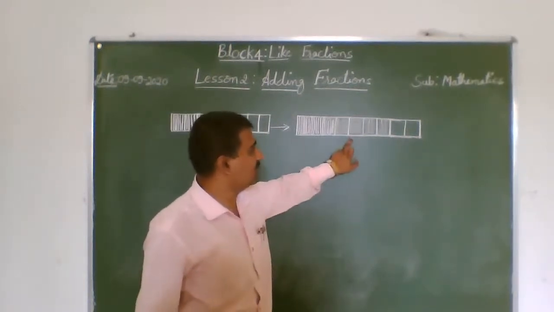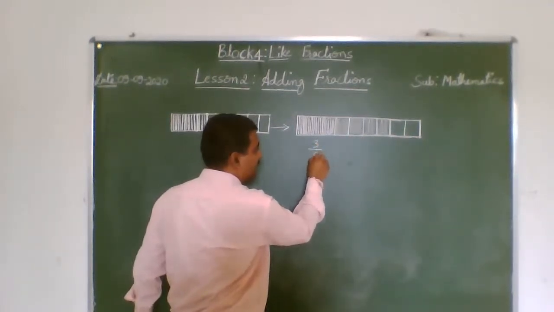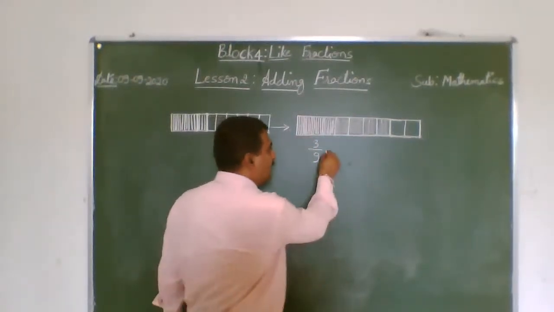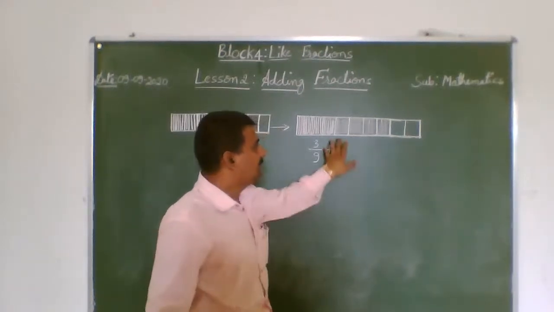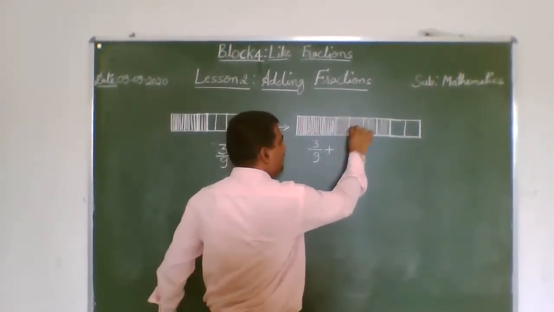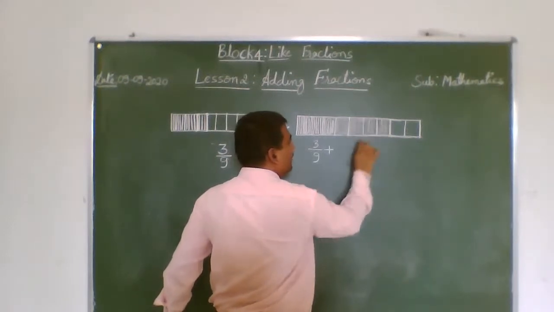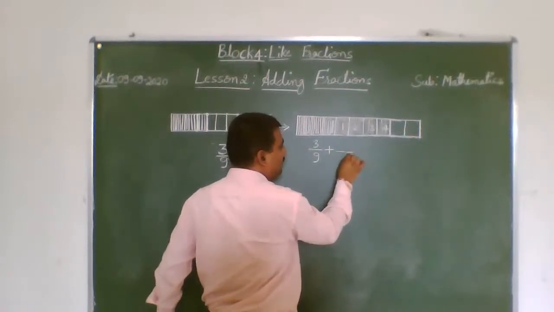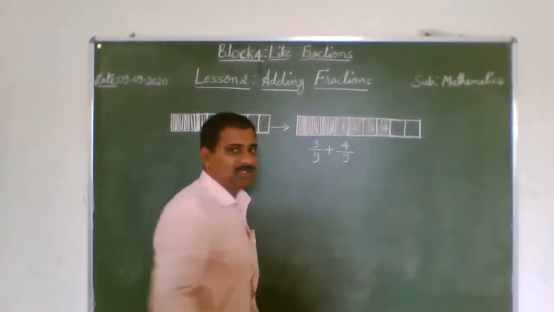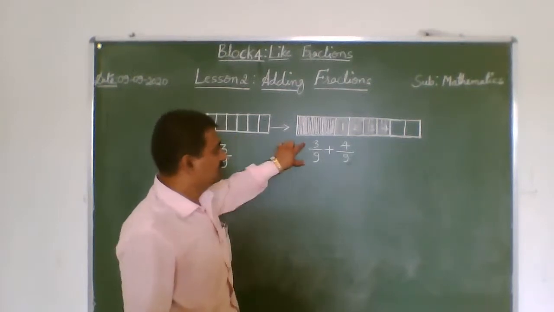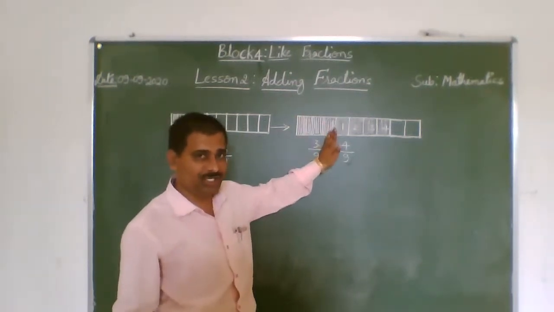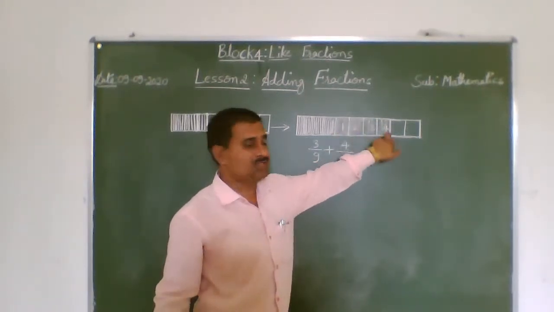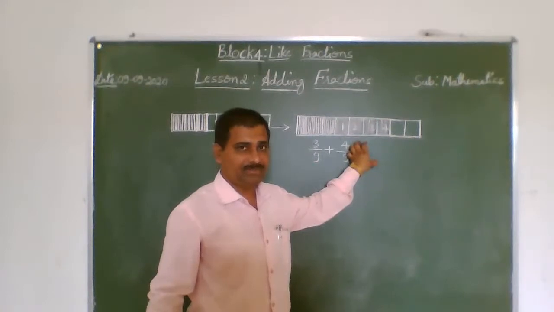So 3 by 9 is shaded with vertical lines, and added to it, completely shaded, 1, 2, 3 and 4 parts. Out of 9 parts, 4 parts are added. So 3 by 9 of vertical lines shading is added with 4 parts of completely shaded, and